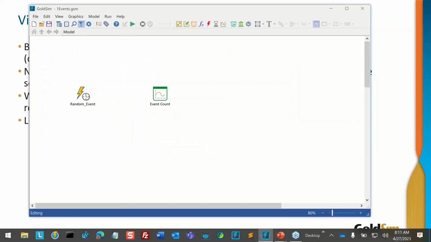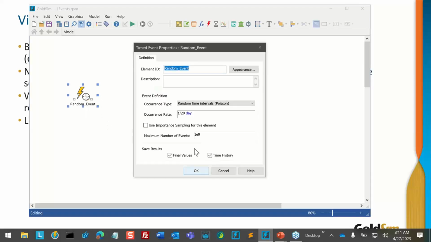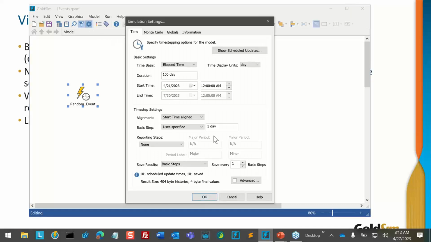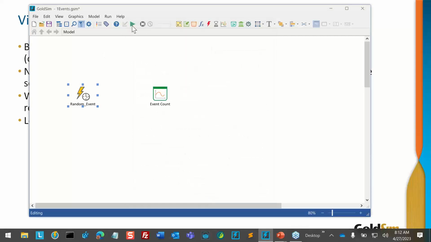First, I'm going to look at a very trivial example, in which we have a random event specified. It occurs once every 20 days and occurs randomly, so it's not going to occur on my time step. My time step, by the way, is 1 day. I'm going to simulate the model for 100 days. If I run this model,